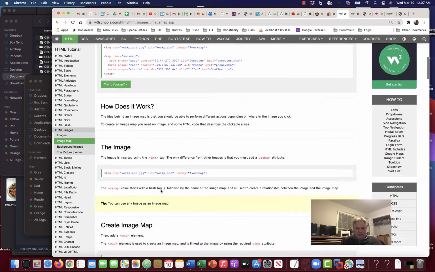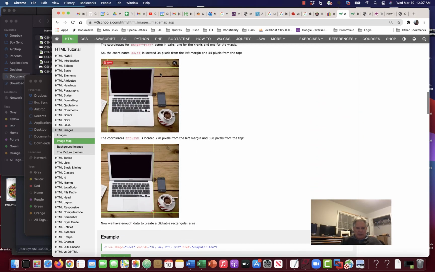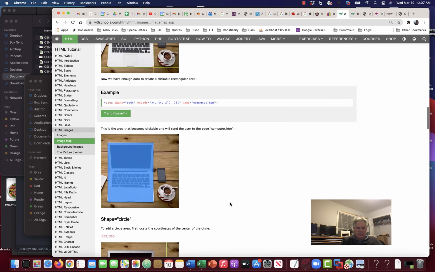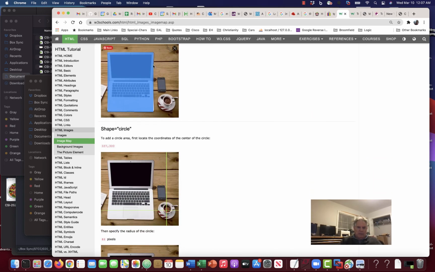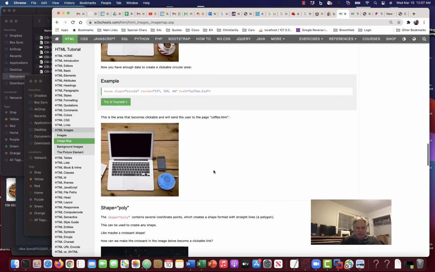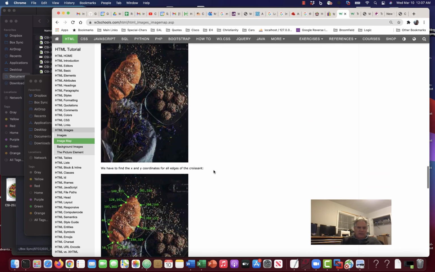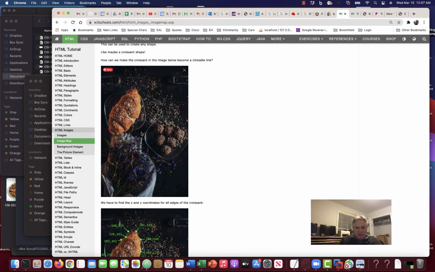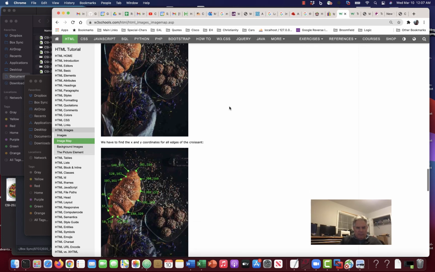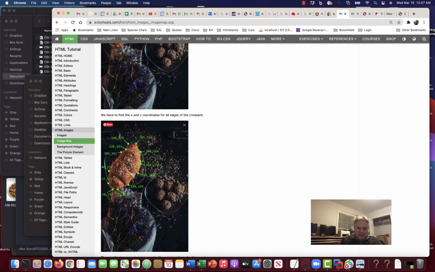So they explain how this works, and they explain the areas and the divvying up of the image based on the number of pixels. Here, instead of showing a blue rectangle, they actually show the rectangle filled in with a light blue. And they do the same thing all the way down. And finally they get to this croissant here, and there's all sorts of food here, but this croissant right here, and they make a polygon, and they measure now